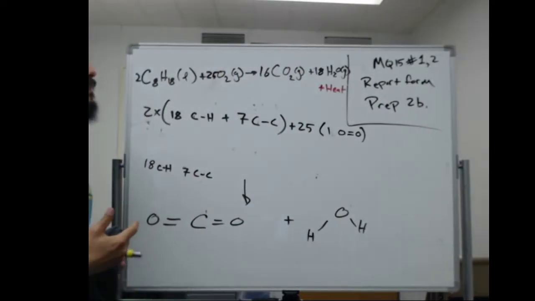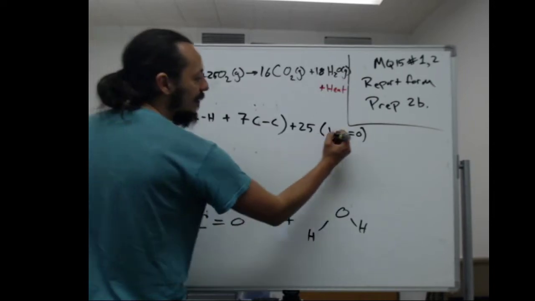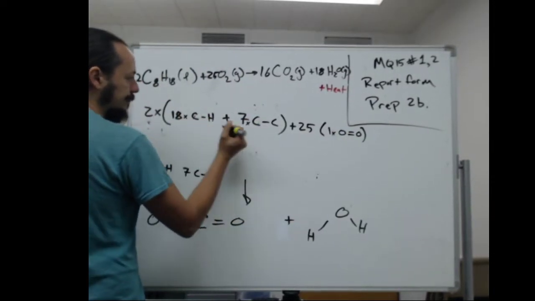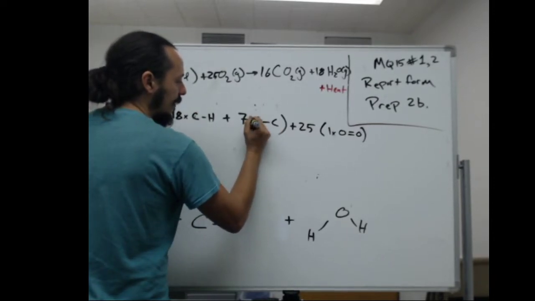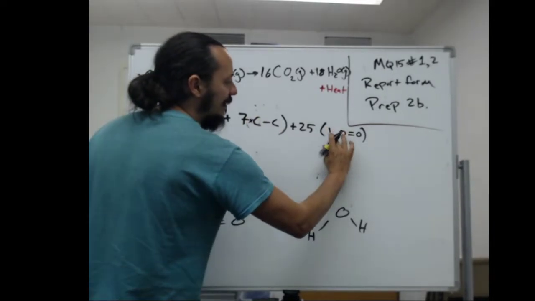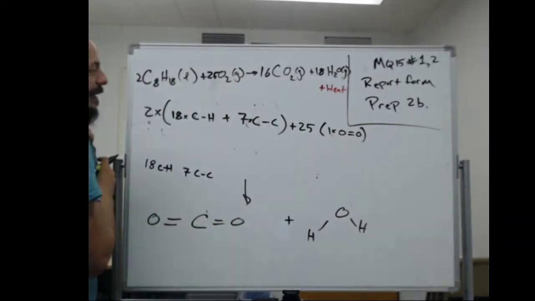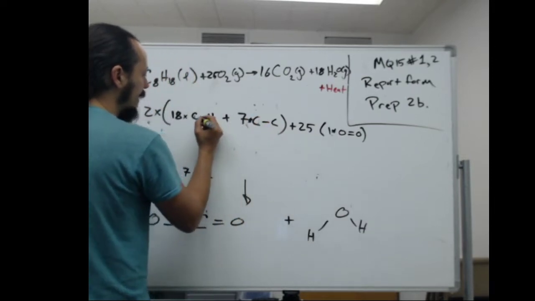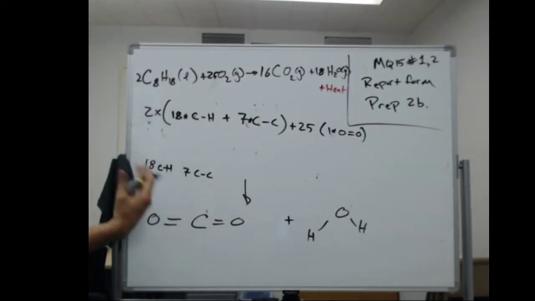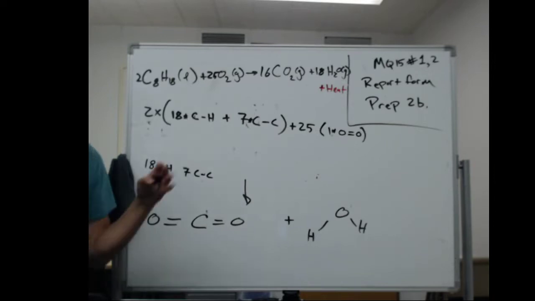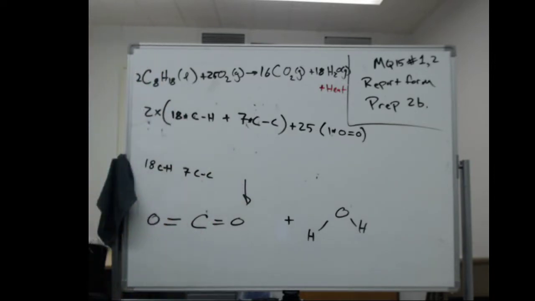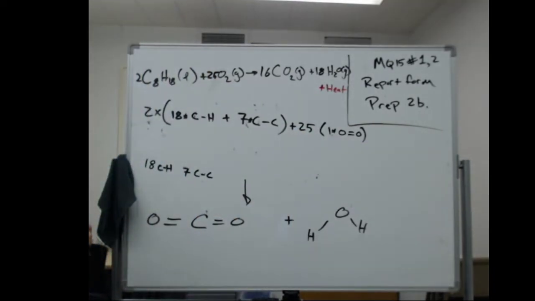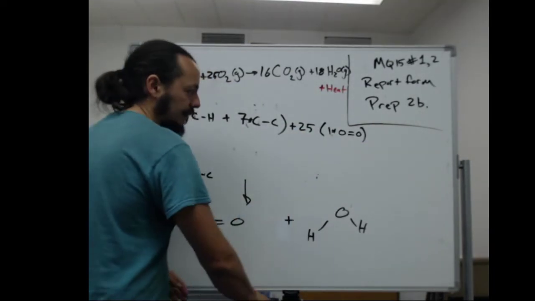Lots of different people have different ways that they like to keep track of this. I'm going to put an X there because it looks weird without it. Different people have different ways they keep track of all of this stuff, but for me, this is the way I like to keep track of it. I think Dr. Neff does it slightly different in her video, and if you were in Dr. Cantu's office hours, he does it a slightly different way as well, but this is the way that makes sense to me. So there's my 2x for that molecule, my 25x for that molecule, and this is going to be